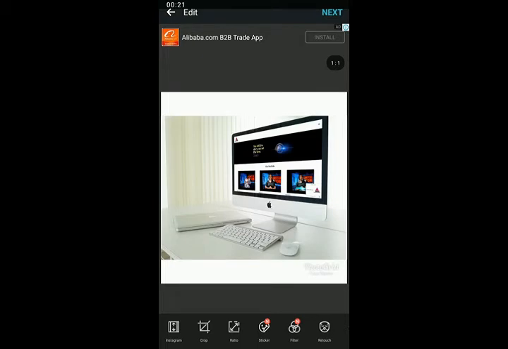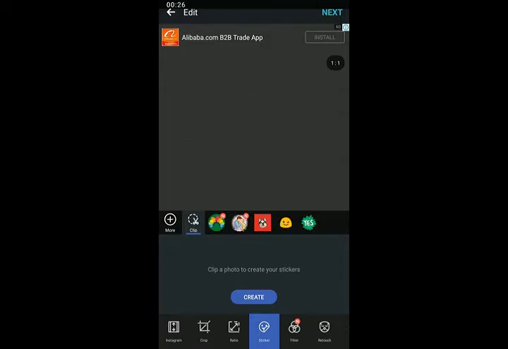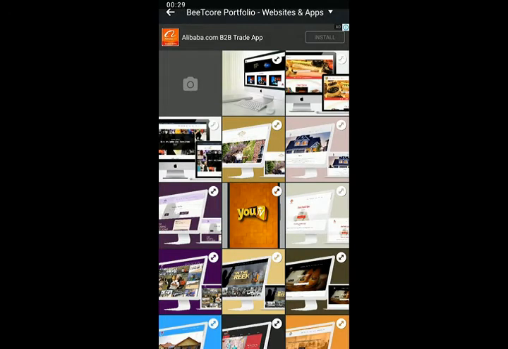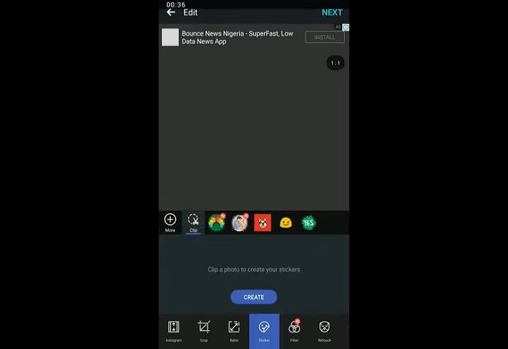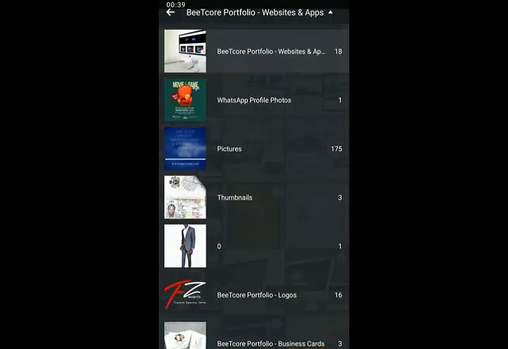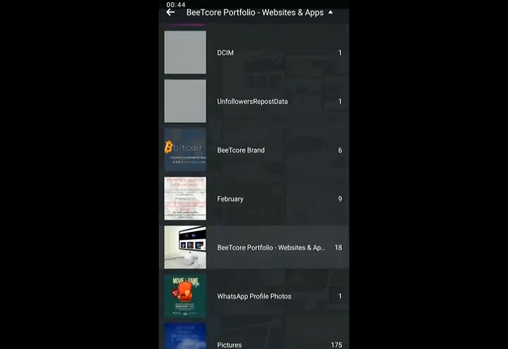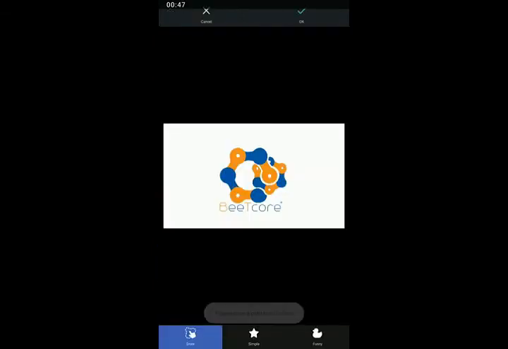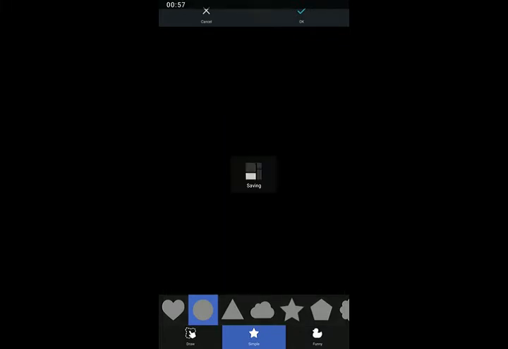Then you click on sticker at the bottom here, and you click on clip right there, then you click on create. Then you navigate to where you have your logo on your phone. Okay, here is ours. Then you click on simple here, click on this circular one, just get your logo into this circle here, then you click OK at the top here,